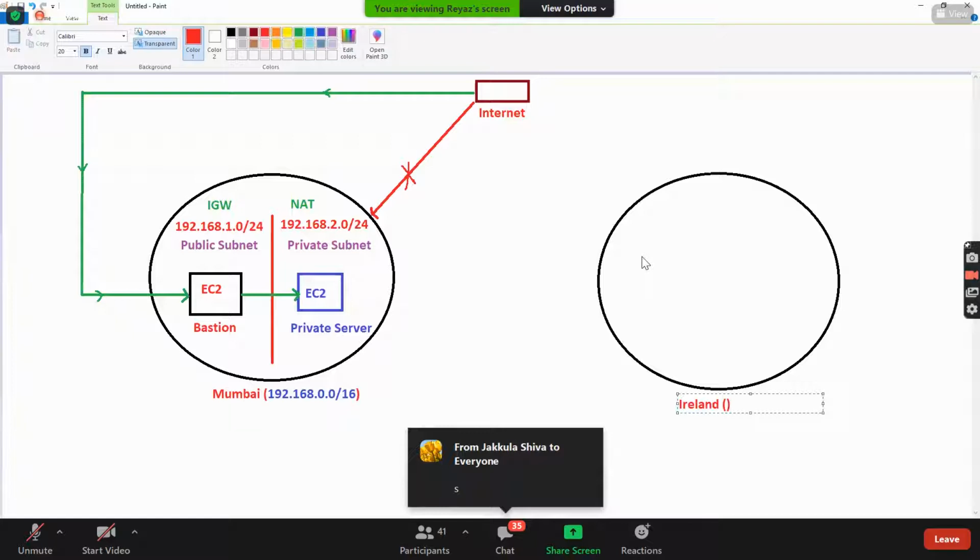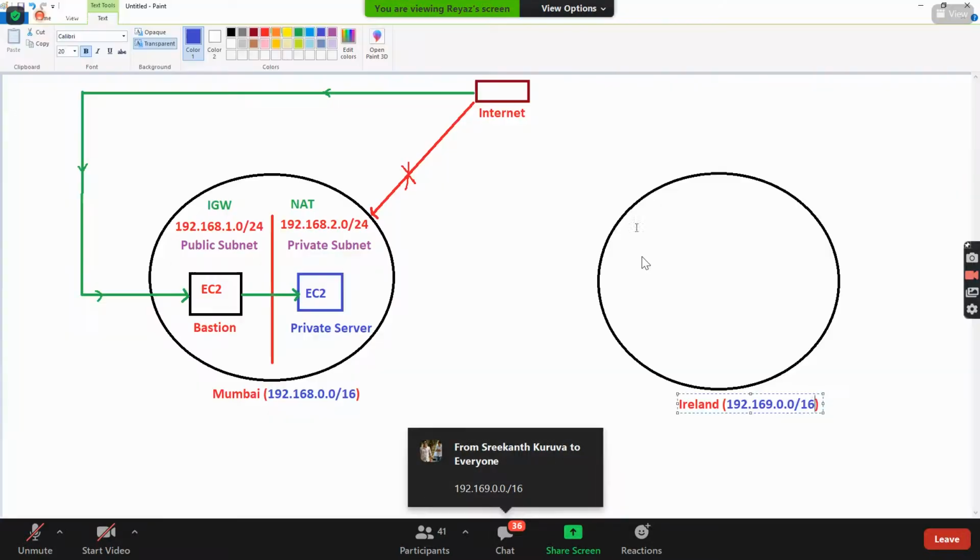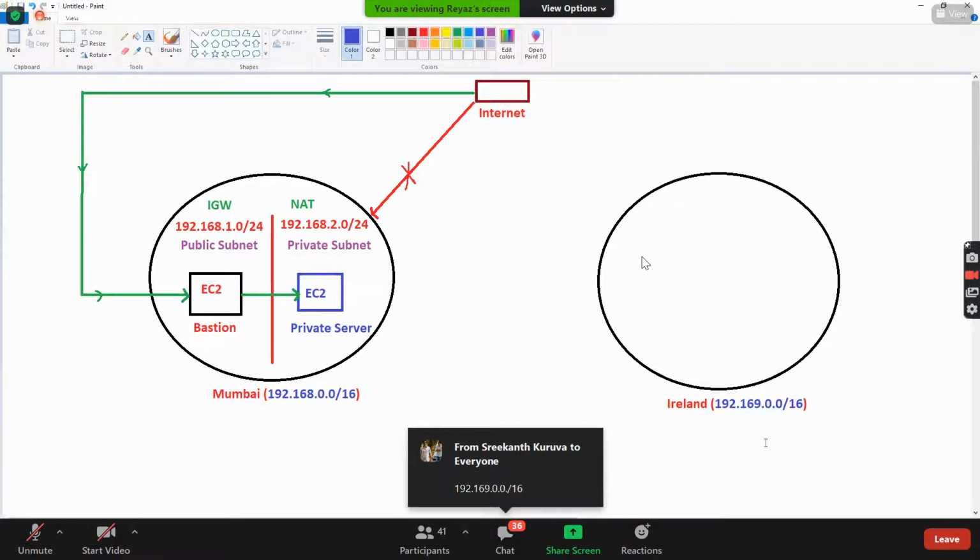Can you tell me what the CIDR for this is? 192.169.0.0/16. Make sense? Keep this in mind, guys: two CIDRs should be completely unique and different.